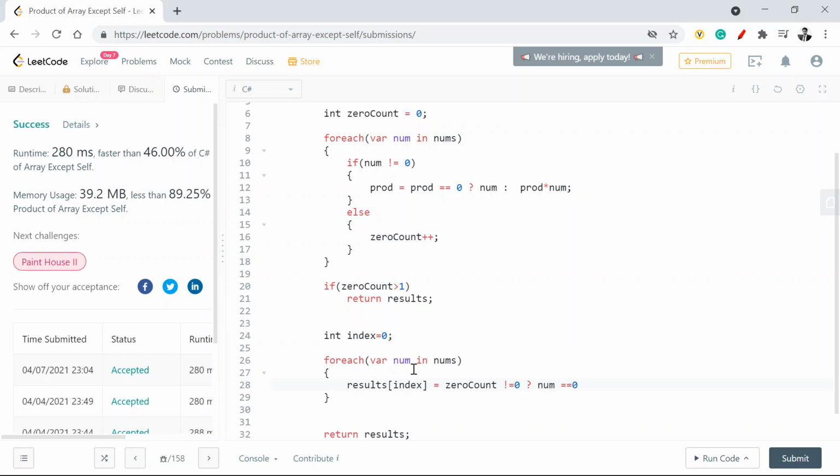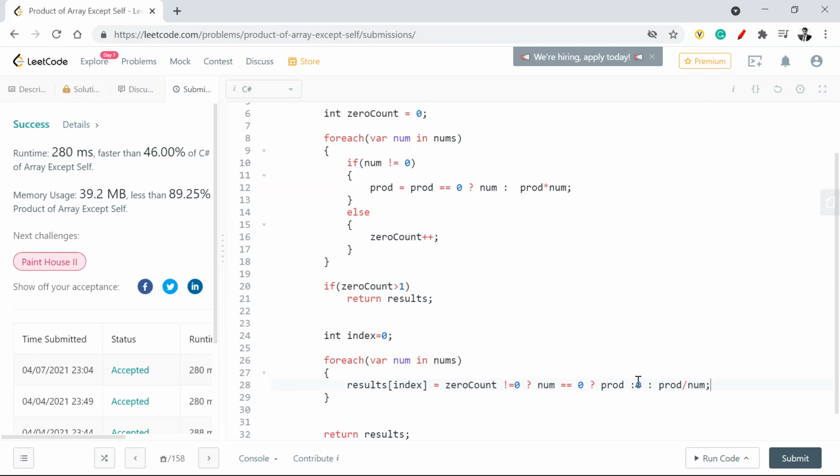If you see, we are merging the two ifs and else into one, right? If my current num is equal to 0 or not. If my current num is equal to 0, I'll use the prod. So this condition is done, right? I think I'm missing, if double equal to 0, then make it prod, otherwise make it 0. Now the other part which is left out is, if 0 count is equal to 0, then I need to say make it prod divided by num.